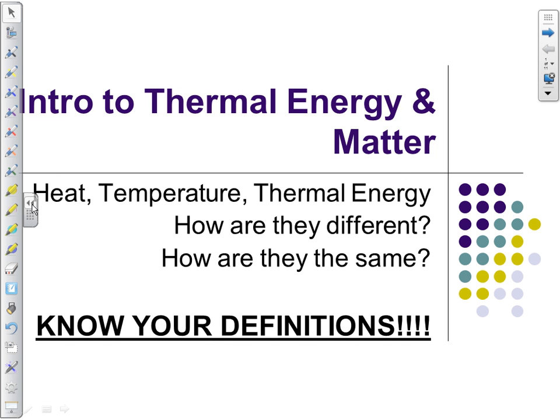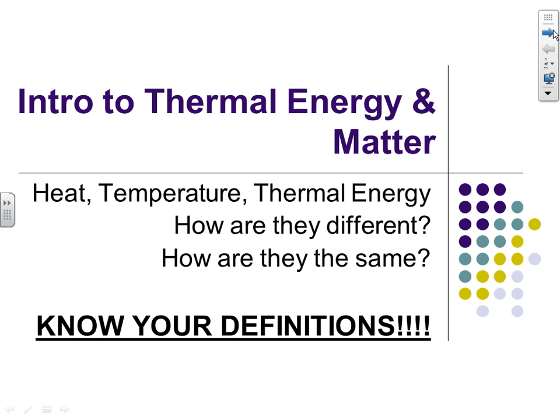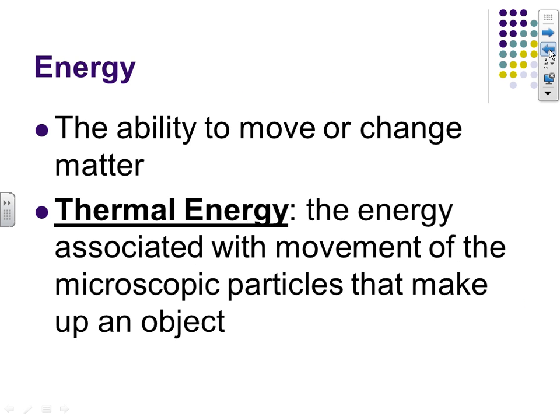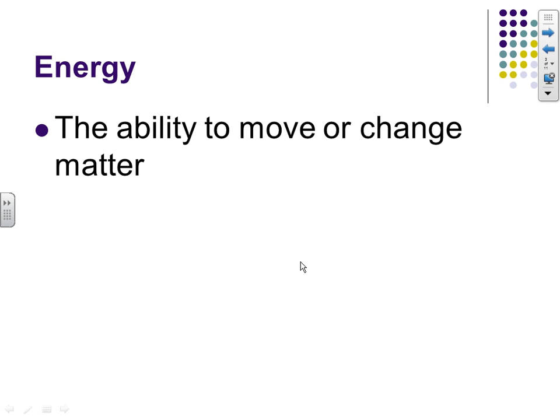All right, this section here, we start off with energy, and for about the 800th time, we start this chemistry discussion with energy. We've defined energy, like I said, about 800 times. How do we define energy? The ability to do damage. Do damage, or the ability to move or change matter, right? The ability to make things different.